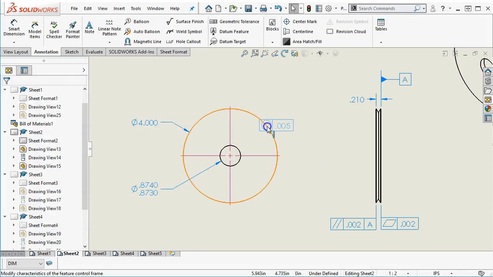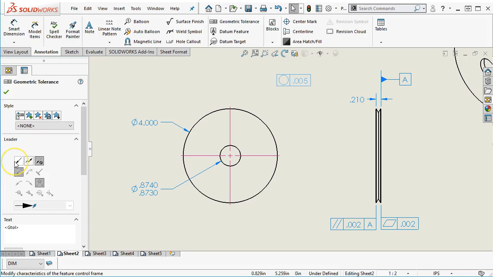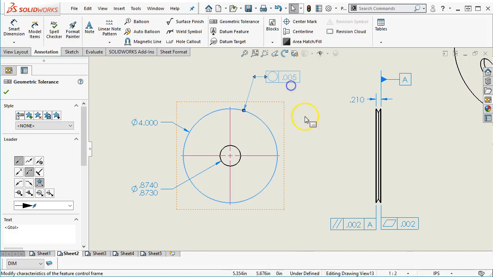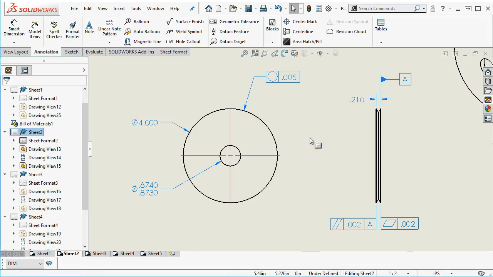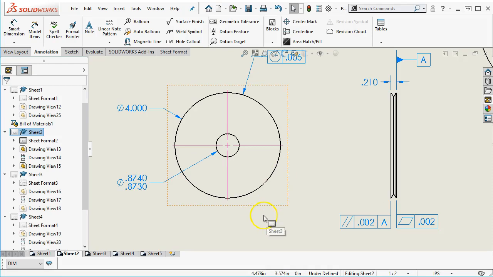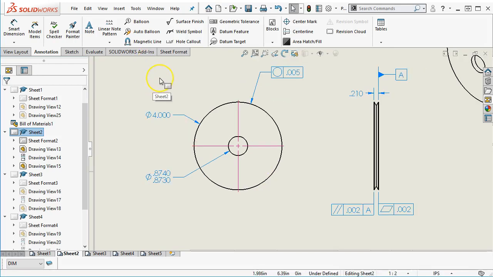Oh, and I didn't apply it, so I need to go back, since I got a little button happy there. It placed it where I had clicked, but I don't have a leader. So we're going to bring it to the property manager when I click on that frame, and I'm going to apply the leader. Then I can drag the leader over to the diameter and place it. All right, and then we will go with